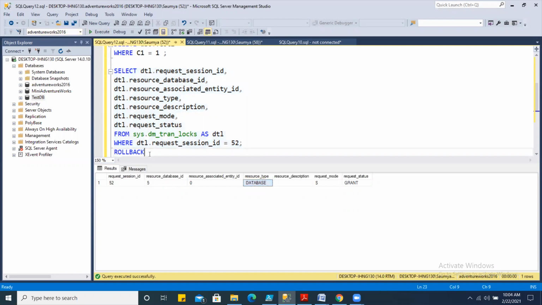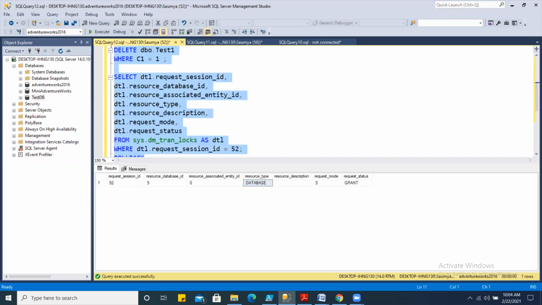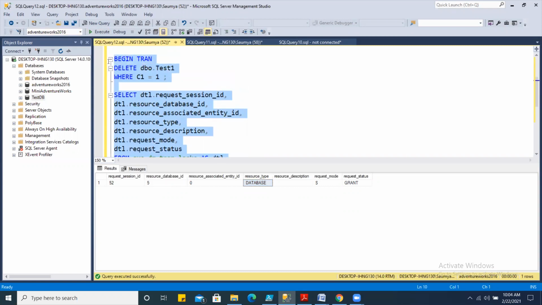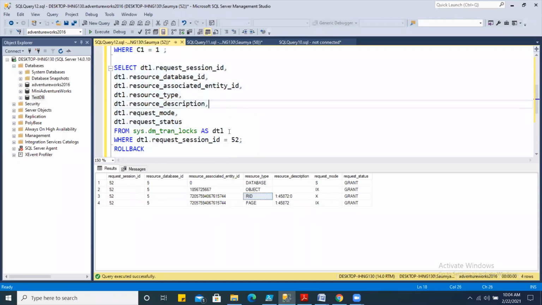But again, if you perform the delete transaction from here, these locks will be requested and granted again. Since we are deleting a single row, you see finally a RID lock is acquired. The objective here is to tell you that using the DM trans locks DMV, you can see what kind of locks have been acquired by a transaction which you are executing under a particular session. So in this way, you can check.